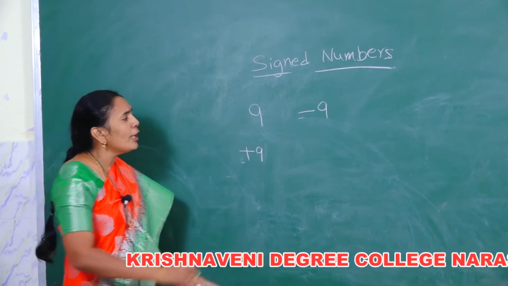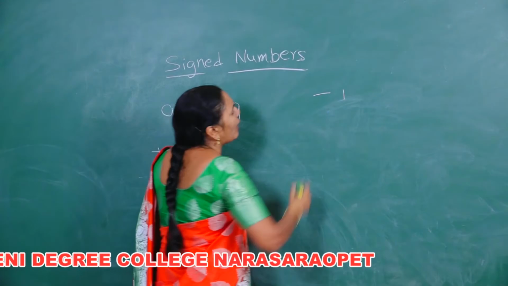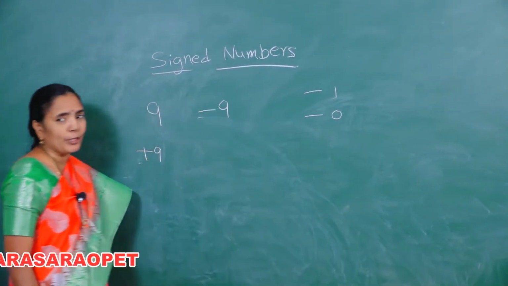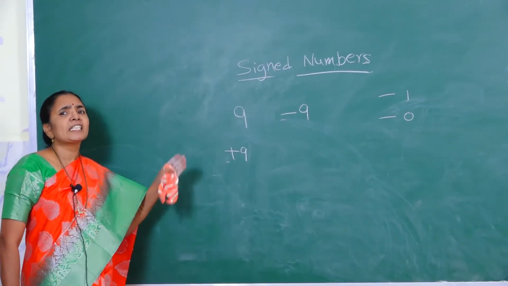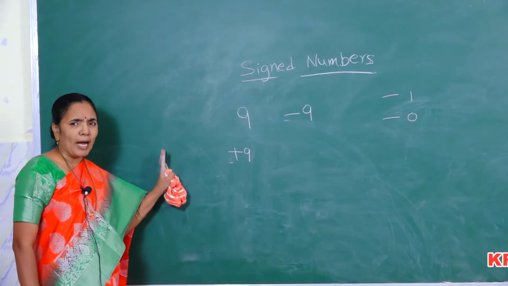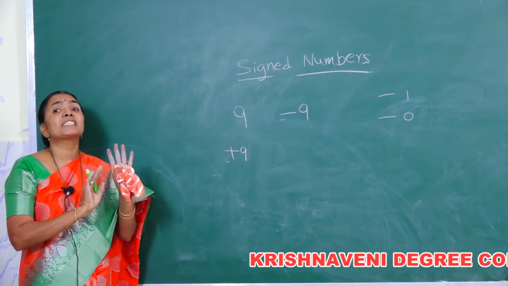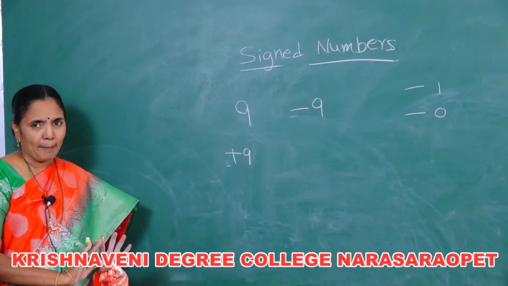So, in order to indicate the negative sign, we will use 1. In order to indicate the positive sign will be 0. In the previous video, we have discussed the subtraction of binary numbers. We have not talked about the sign bit.